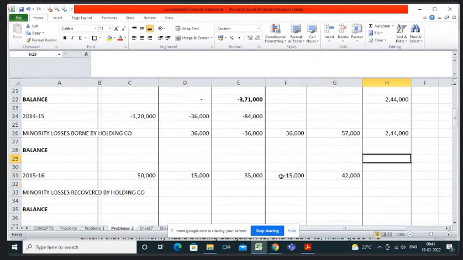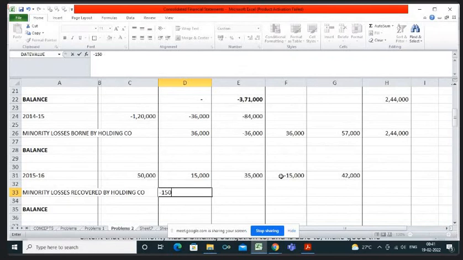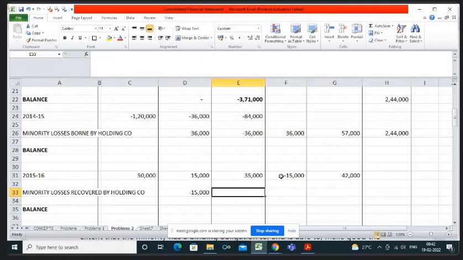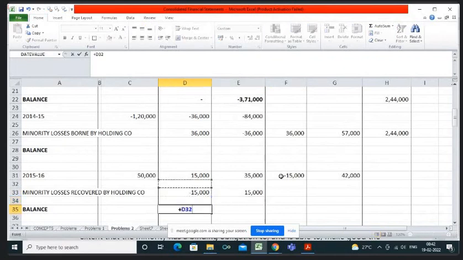It will become 42,000. This will be the minority losses recovered by the holding company. So here it will be added 15,000. So it becomes 0. Here it will become